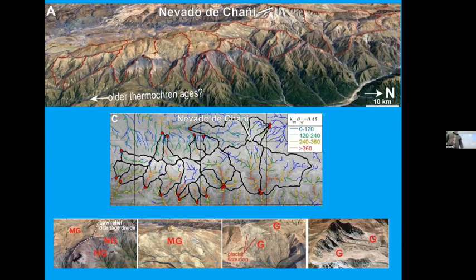We argued in the proposal it's like a natural laboratory experiment. We had a river catchment that's glaciated up high. We can go to the left. This is 10 kilometers. We can sample these areas, and then we can compare how fast these things are eroding. The bottom figure is just like mug shots: no glaciers, areas that have some glaciers but not so much, and then on the right is Nevado de Shani, which is heavily glaciated.